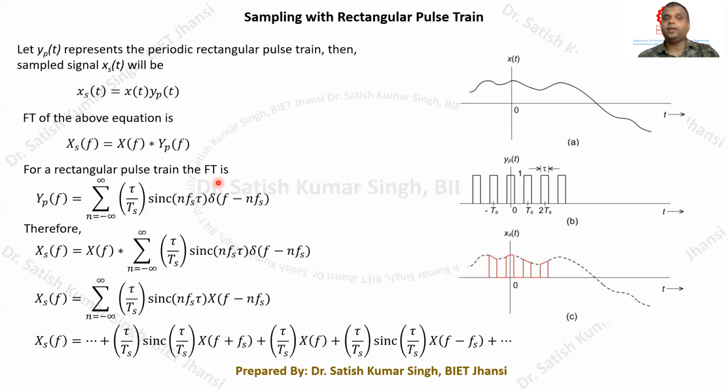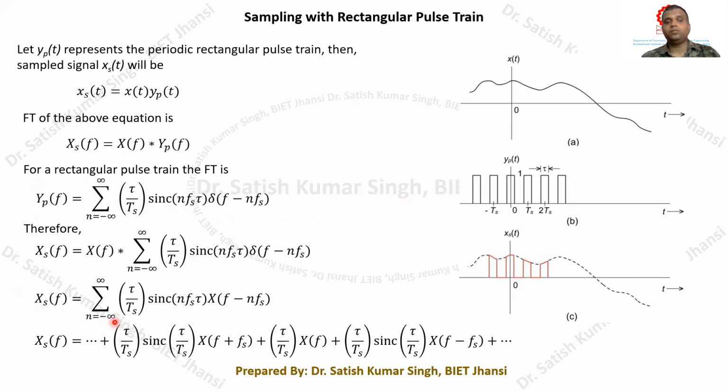Okay, it isn't required, but please work this one out so that you will have confidence that this is the Fourier transform of this particular pulse train. So once we have this pulse train, what we have to do is again the convolution between X(f) and this particular Fourier transform Yp(f). After performing this convolution, the final result that we are going to get is Xs(f)